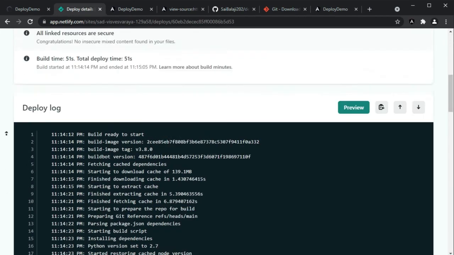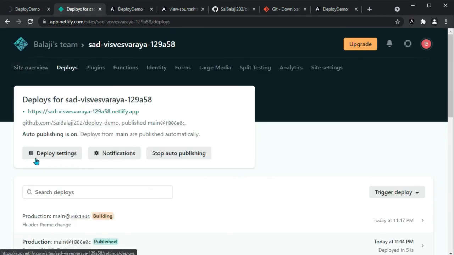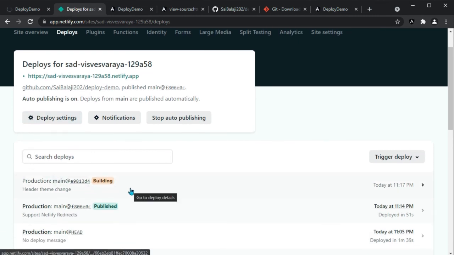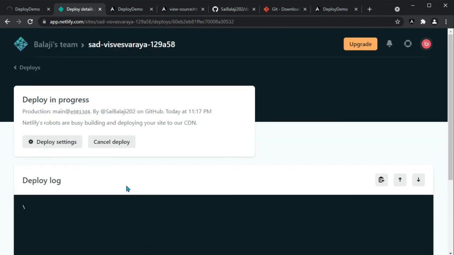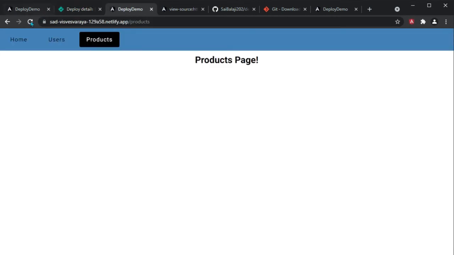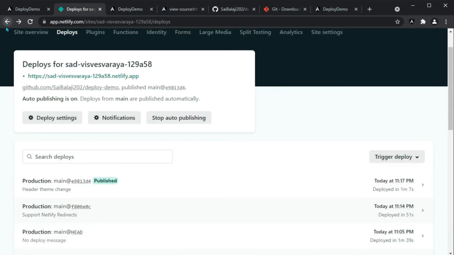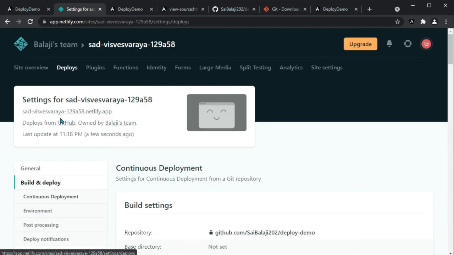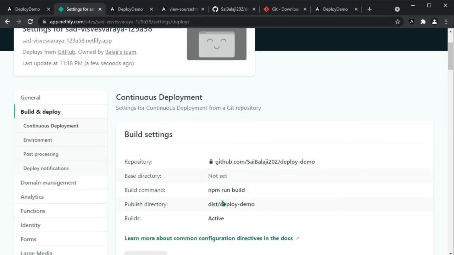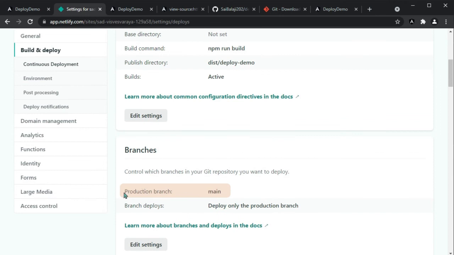We'll see Netlify. Okay. See, Netlify is automatically generating a build for us. Okay. It's done. See, we got the updated site. That is the power of this continuous deployment. But as I told you previously itself, Netlify will watch only for the changes that are happening in your production branch. In my case, that is main branch.